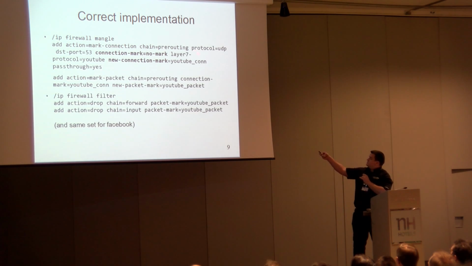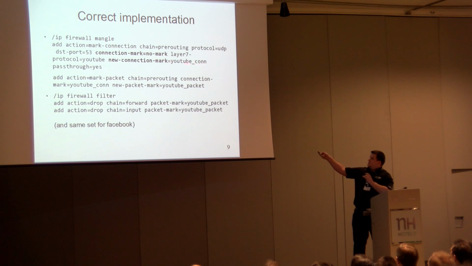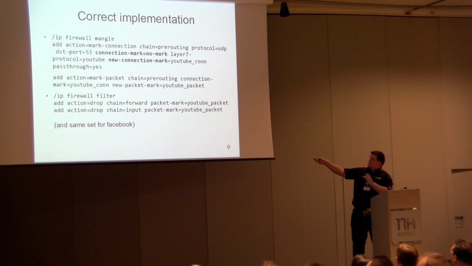So protocol UDP, destination port 53, and this is very important, I check only unmarked connections, those connections that we haven't checked yet, that don't have any marks, and I add a special connection mark that it's a YouTube connection. Then I mark all the packets with the YouTube packet mark from these YouTube connections. And in filter, I drop all the traffic with the packet mark